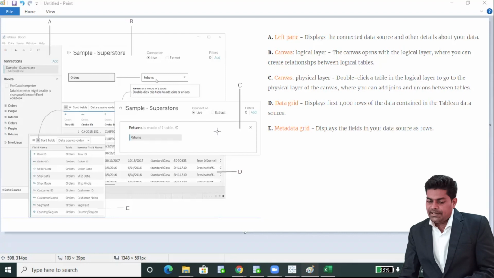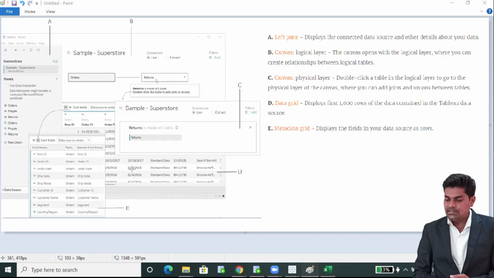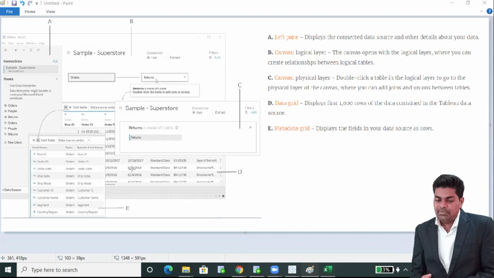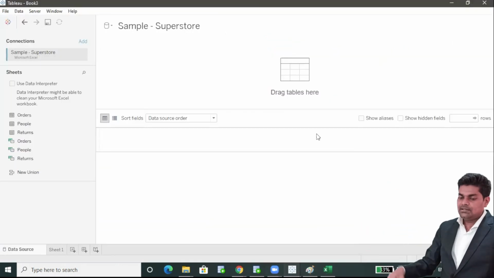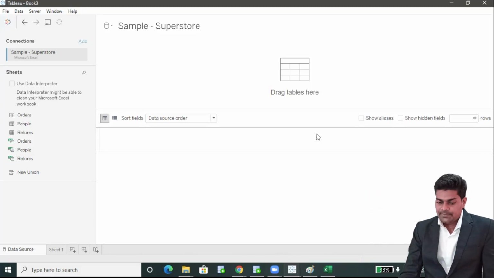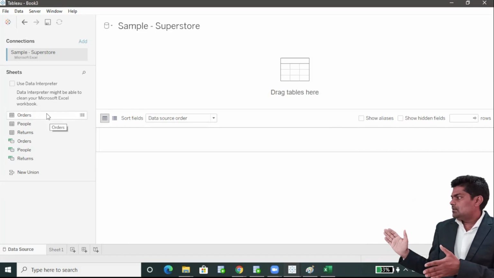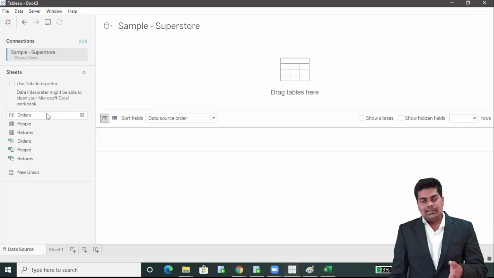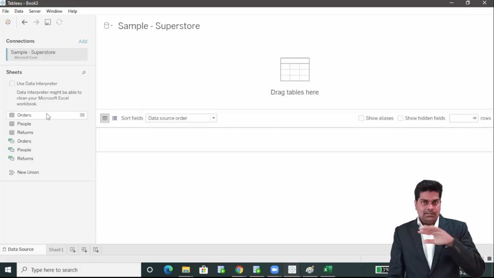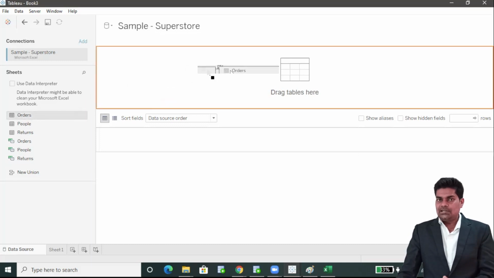Then D is the data grid, and E is the metadata grid. I'll show everything practically here. This is Tableau: the left panel, the logical layer, the physical layer. Now I will drag and drop tables. Up to here everything is different, as we can connect to any database, but from here everything is the same, whether we connect with an Oracle database or any other data source. Now we'll drag and drop this Orders table here,